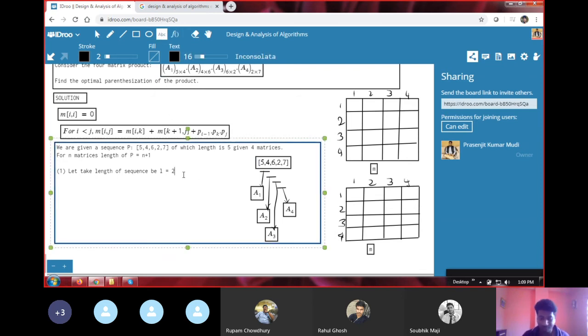So here, if I take length of 2, that means we have m of 1 comma 2 equal to,